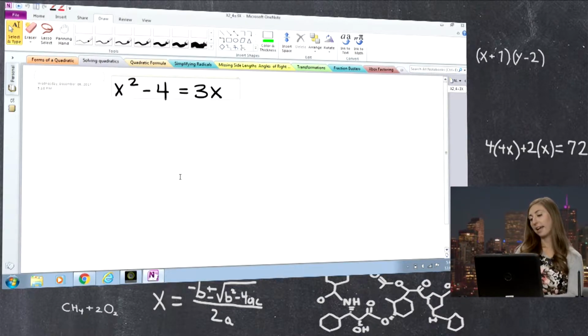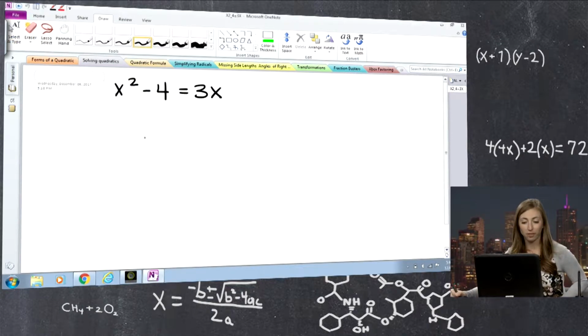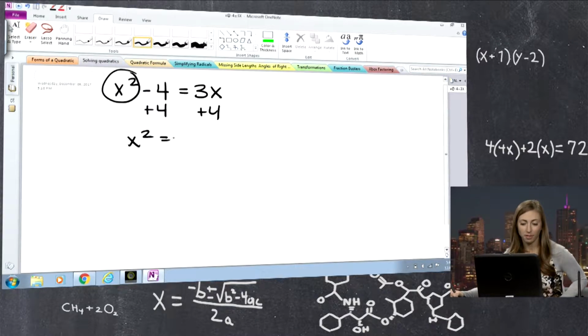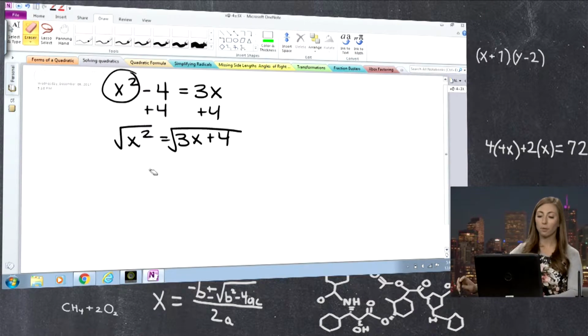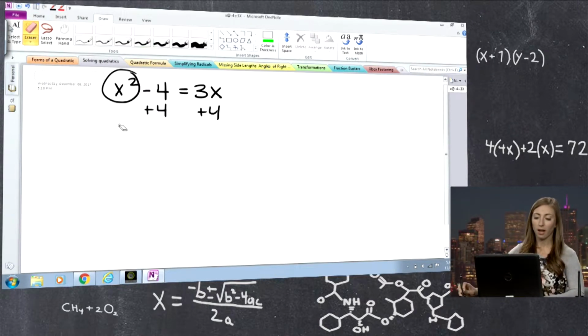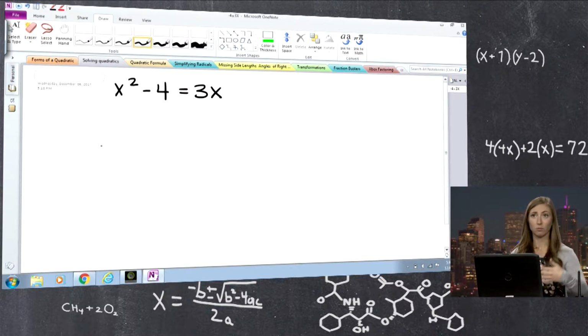What I would tell you is that I have seen students try to solve this a lot of different ways. For example, they've tried to get this x by itself by adding 4 to both sides. And then when they do that, they realize that they've got an x over here. And so they're trying to square root and get x by itself, but there are 2 x's. So when you have a quadratic with two terms with x in it, one as an x squared term and one is just an x, you cannot solve by isolating the variable. Don't try it. A lot of my students try to do it all the time, and you just either end up stuck or you end up